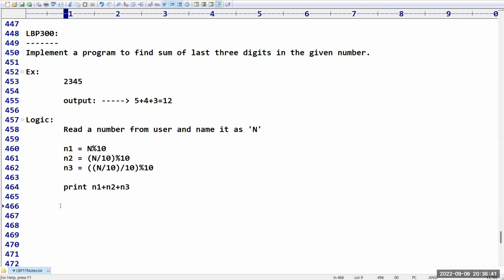So I think the problem statement and example and logic, whatever I have given, these three things are clear for you people, I think so. Of course, it is a simple program. We have to start from very basics, right? That's why I am giving this example for you people. Sir, please confirm, is the logic and example what I have shown clear for you, friends? Yes, I am requesting every student to please respond.